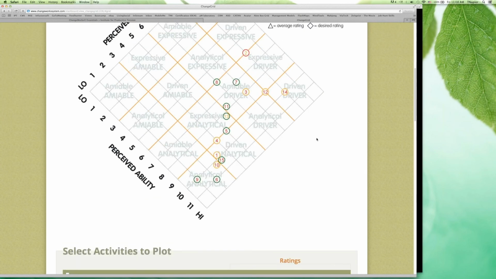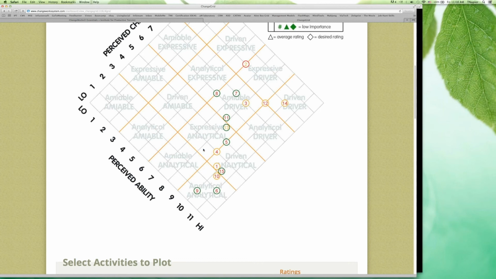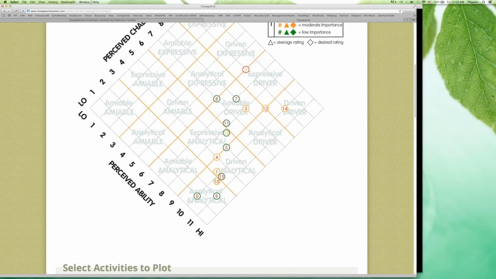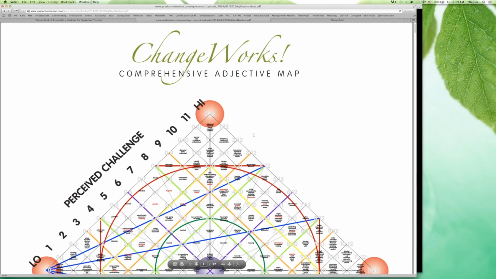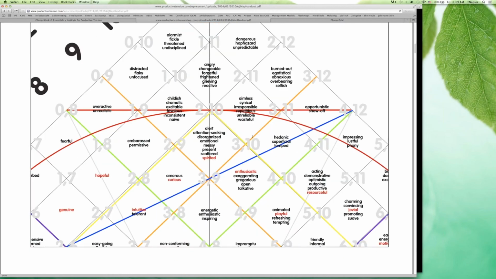Now, he also had a lot of things plotting quite far down the grid where the analytical energy becomes predominant. And we're going to talk a little bit more about these specific plottings on the next layer of the change grid for you as well. So does anyone have any questions, thoughts about the 16 energies? No? Okay. In the event you go through layer by layer, obviously we spend a lot of time on this particular layer. And later on today, we're going to be getting into the adjective map. And the adjective map is going to give you guys a lot of detail around this as well. Now, the comprehensive adjective map is a massive, massive document.